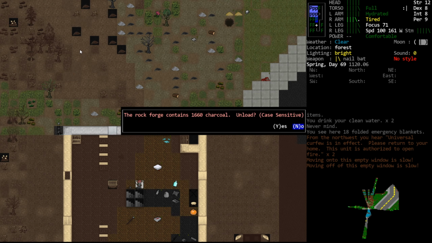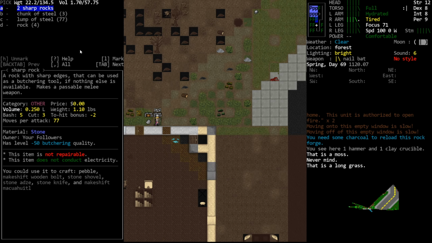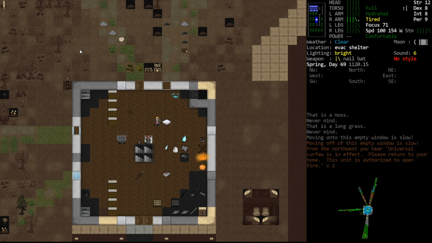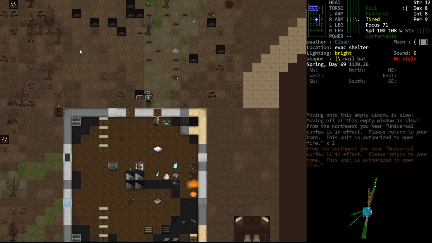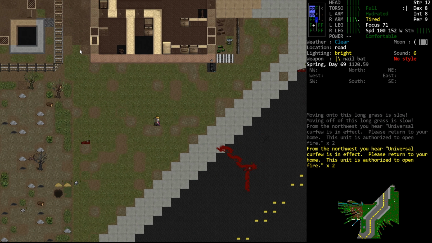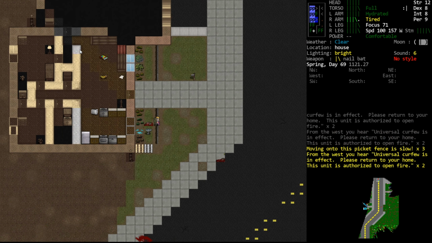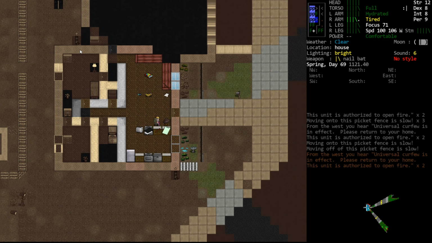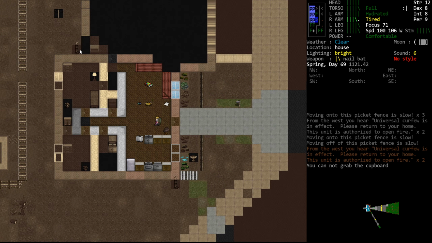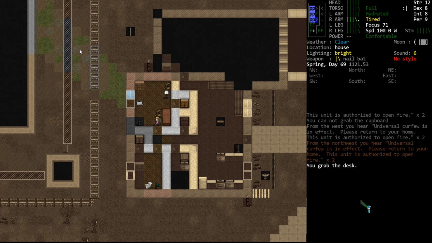How is this doing? 1600 charcoal is fine. We didn't start an anvil anywhere, did we? We didn't. Another thing we never really talked about, you craft faster if you have a table of some sort. A table, a counter, a flat surface to work on. So most of the time I don't really care if you're crafting small items. It doesn't save you that much time. But if you're crafting a big item that takes quite a lot of time, like the anvil, it is beneficial to...